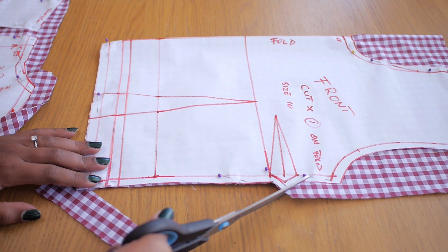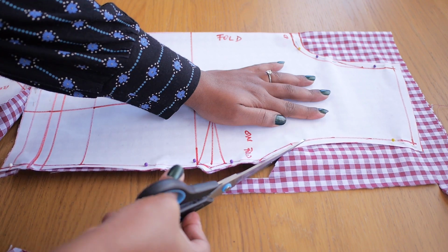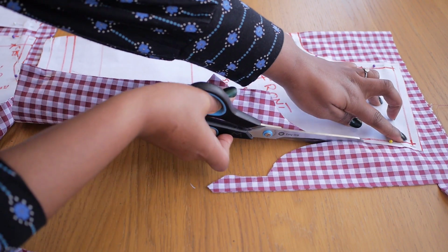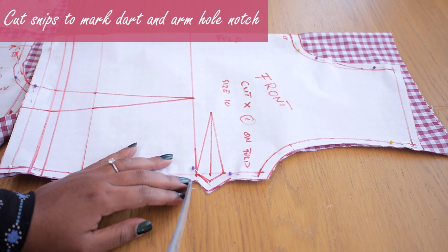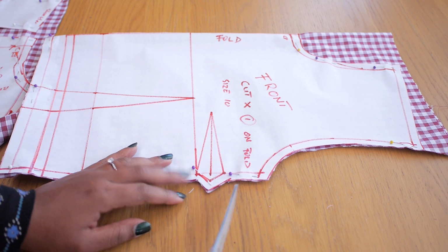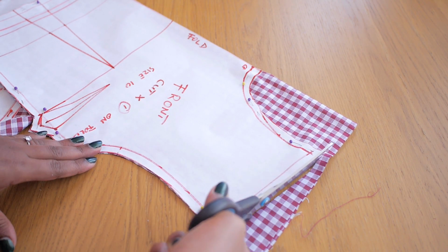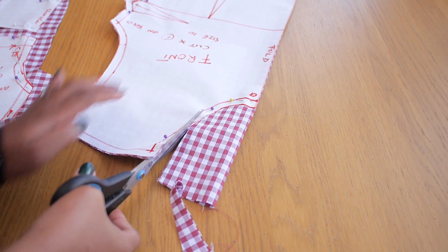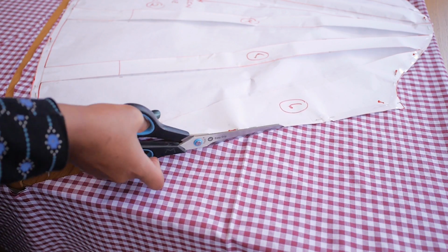So I'm just going in here to finish off the rest of the front, cut around the arm curve, as well as mark those important notches, because it just makes putting the garment together much easier. When you know where these notches are, you don't really have to think a lot about where they belong and which panel should go with which panel. So I'm just going in here to finish off the rest of the front neckline